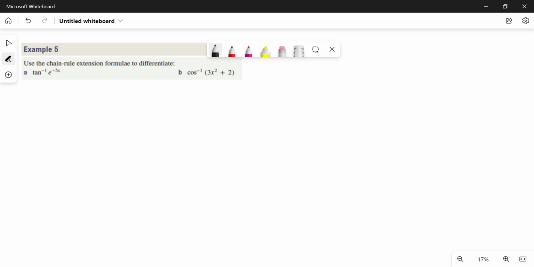So again, with the chain rule, sometimes it's easy to let u equal something. For example, I'll just do this one first. If I'm doing d by dx of inverse cos of 3x squared plus 2, instead I could let u equal 3x squared plus 2 and do du dx, because there's an x there, which would be 6x, and I could do dy du. Oh, I forgot to write, so if I had my y